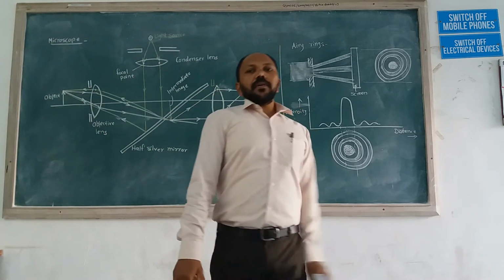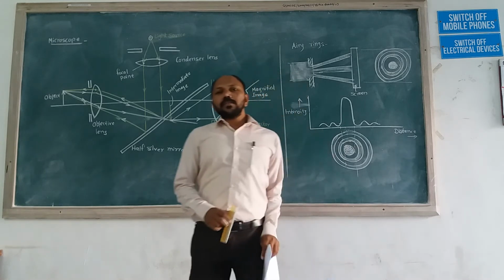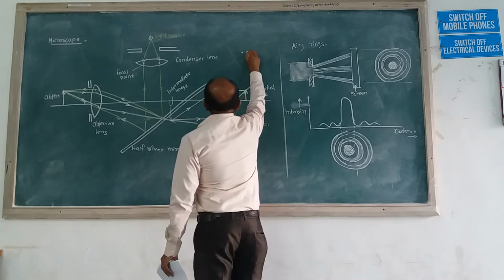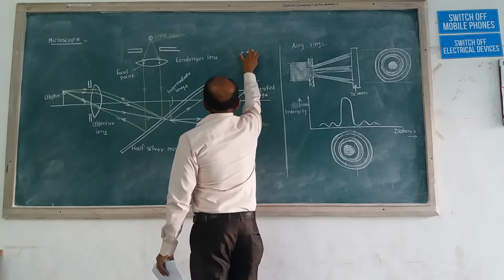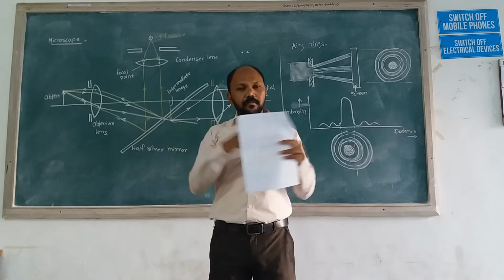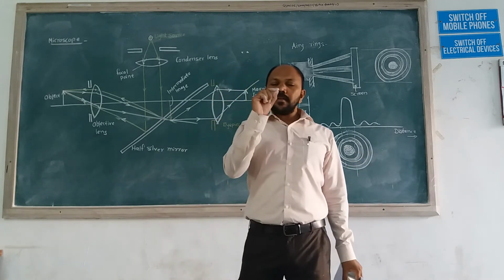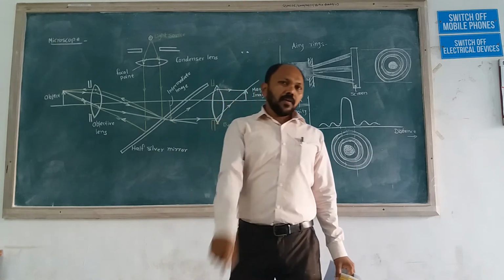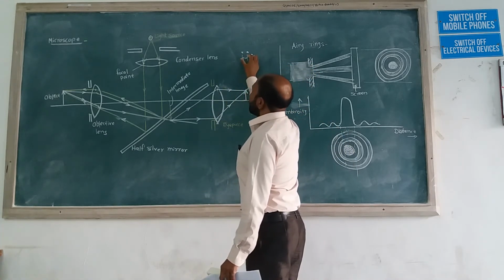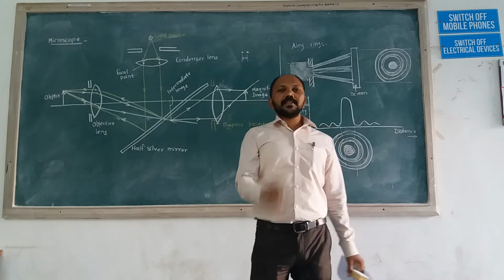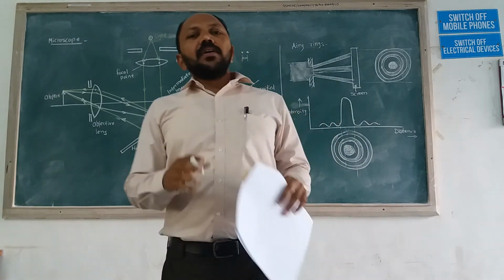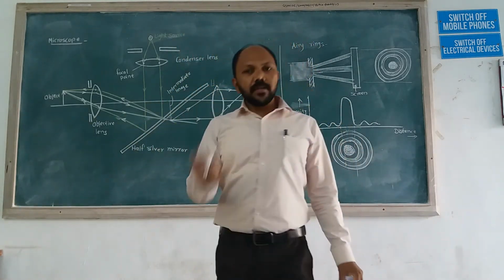Actually, this is related to the resolution of the image. What is meant by resolution? If we zoom the object, then the part we are seeing is in dotted points. If we zoom, magnify our image, then we get that image in terms of those points or spots. And this distance we want to reduce. If we reduce that distance, then resolution is high. If this distance or gap is maximum, then the resolution of the image is less.